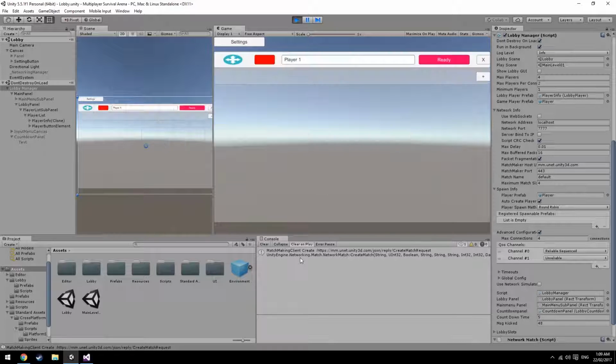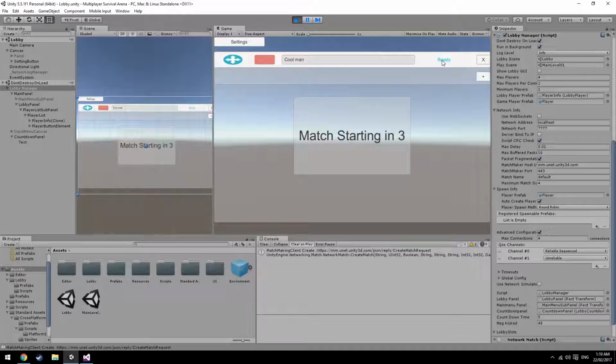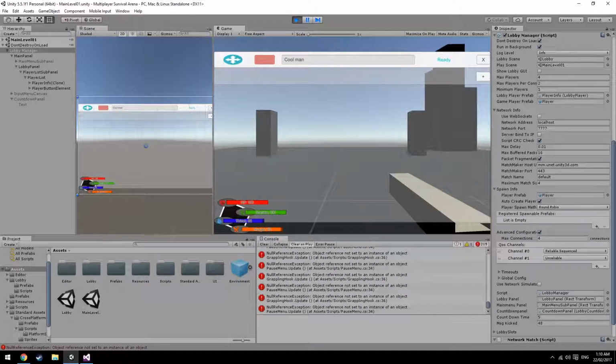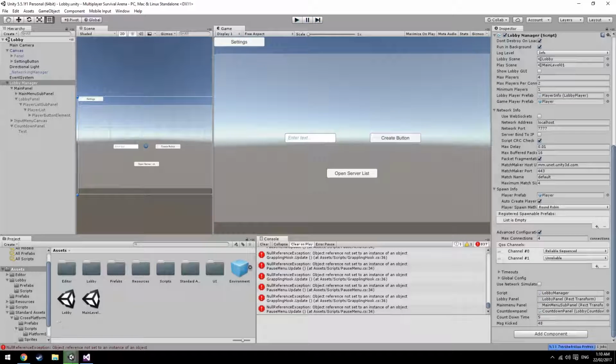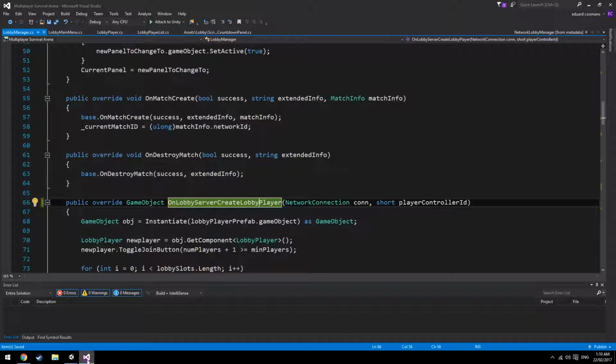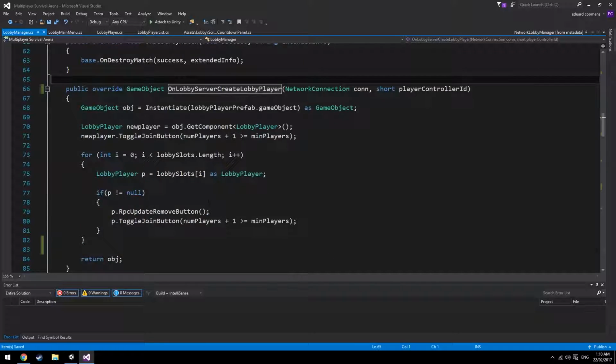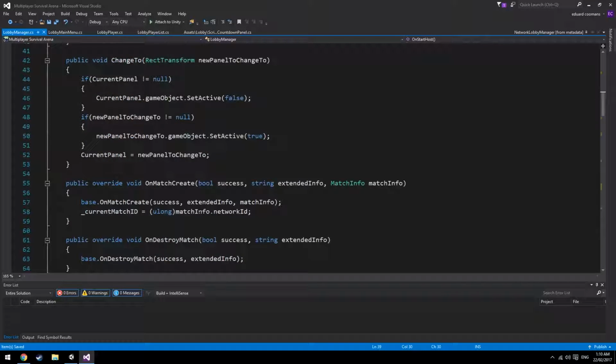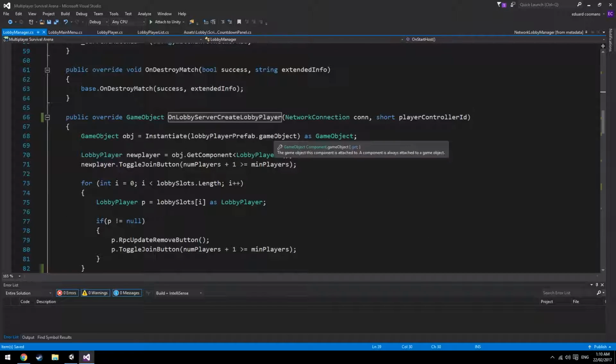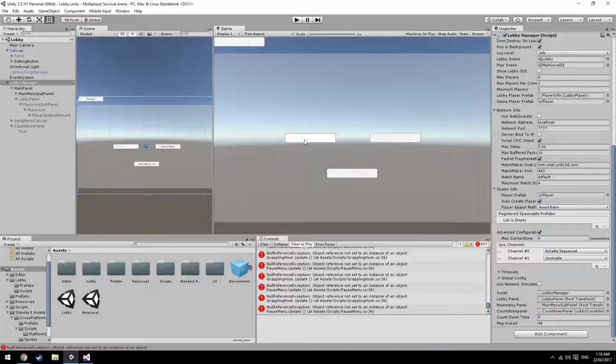So if we create a lobby, put in cool man, and we say ready, 4, 3, 2, 1, and now we should spawn into the scene. And that's, oh my god, 5 letters, and just to get that working, I was going crazy. I was looking at every single inch of this. Oh my god, I'm so happy, guys. But now that we got that out of the way,